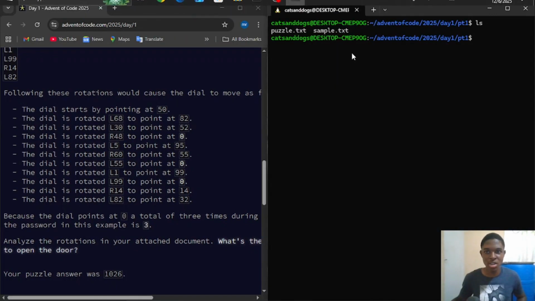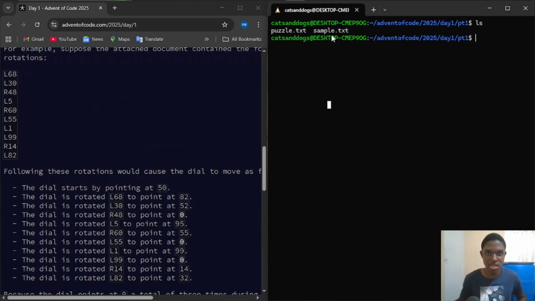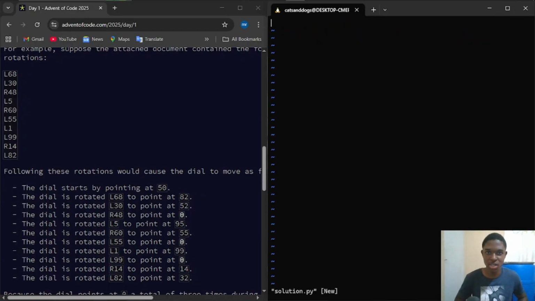Alright, guys, so let's start coding part 1's solution. As you guys can see, I already have the puzzle inputs, the sample.txt and the actual puzzle input. So I'm just gonna clear the screen and open a solution.py file. So guys, the first thing we'll do is read from the sample input. So let's do with open, and we'll open sample.txt as f, and let's actually